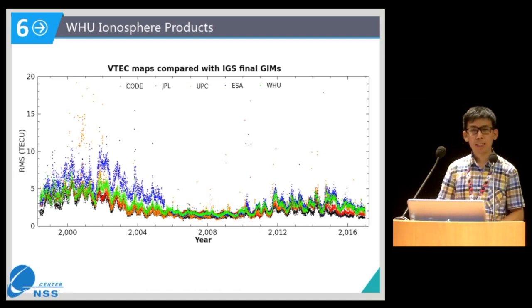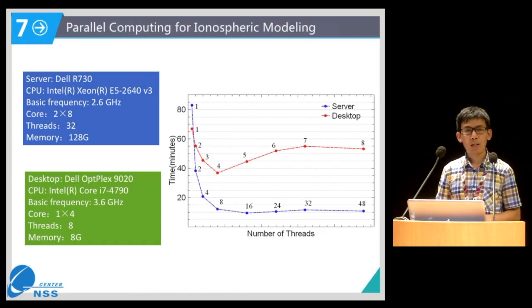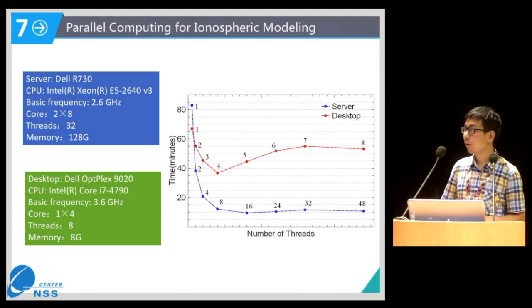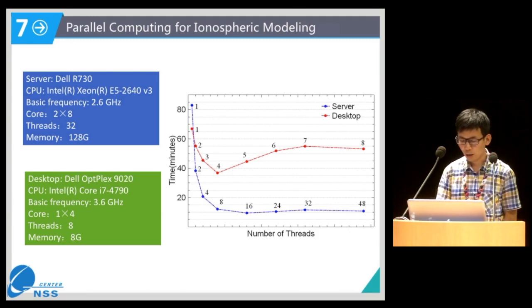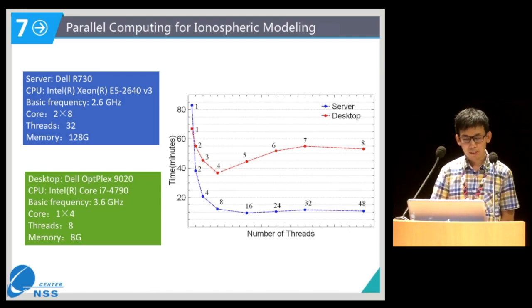Here we come to the second part of our presentation. As we all know, there are more and more satellites: GPS, BeiDou, Galileo, QZSS, and GLONASS. Also, there is an increasing number of stations, hundreds to thousands of stations nowadays. So, parallel computing becomes a very important issue in data processing. And here we have done an experiment